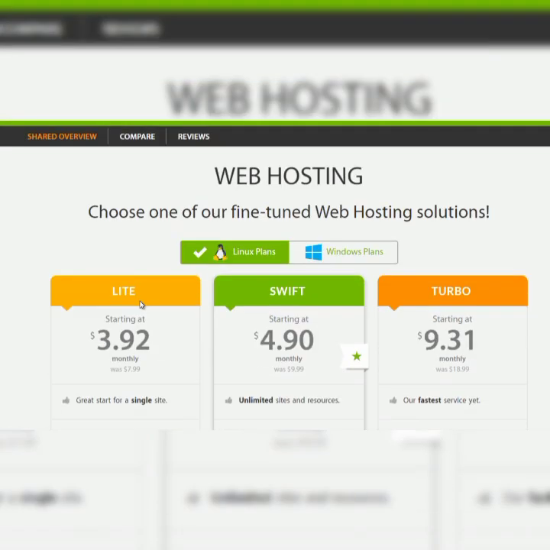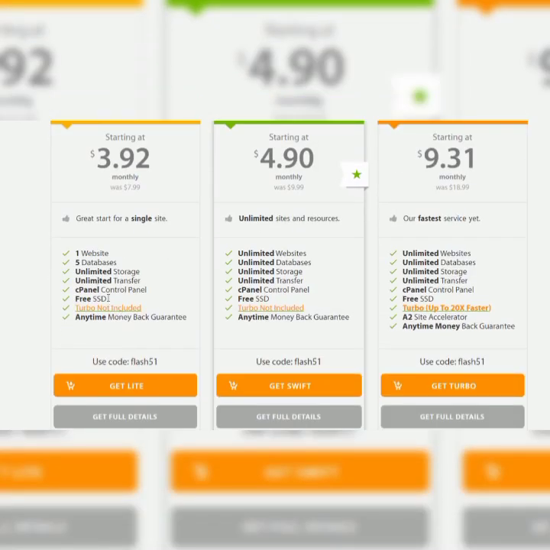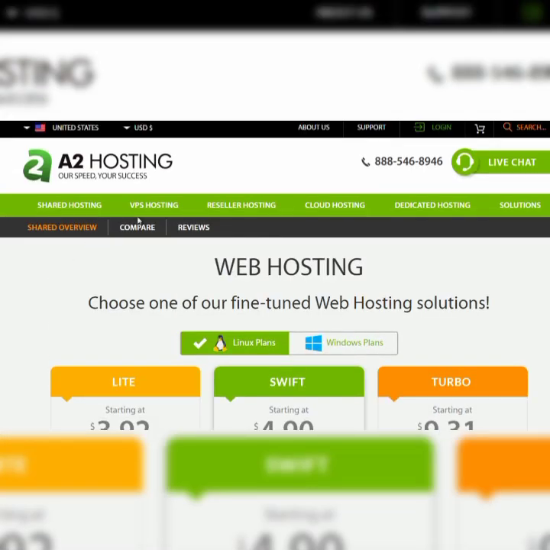Typically what you can do is start out with the very, very basic plan, and then of course move up from there. As you can see, A2 Hosting uses SSD, which is what you want. If you see any hosting that is using something like HDD, which is a regular hard drive, then you might want to pass. So for example,